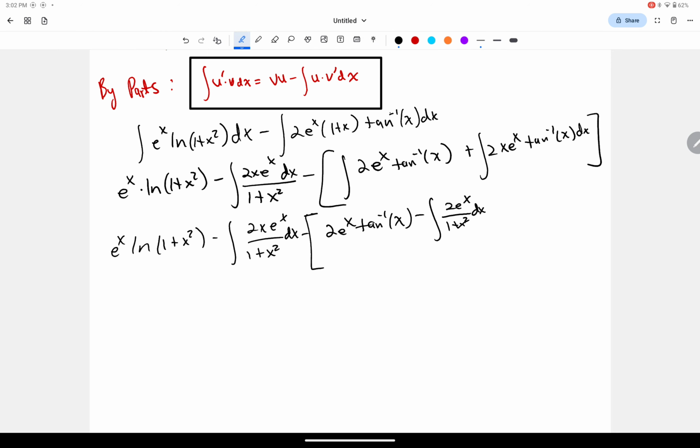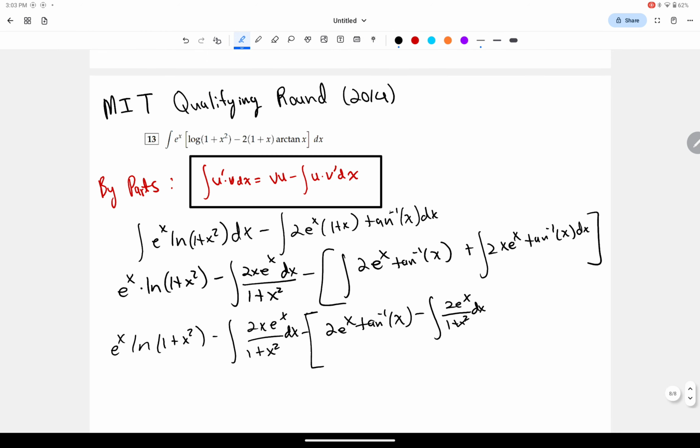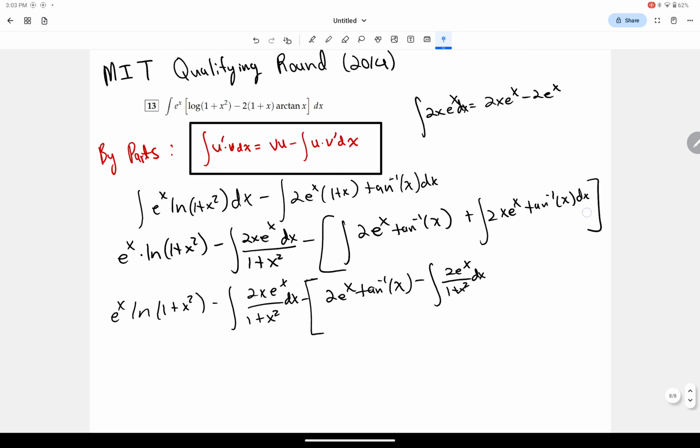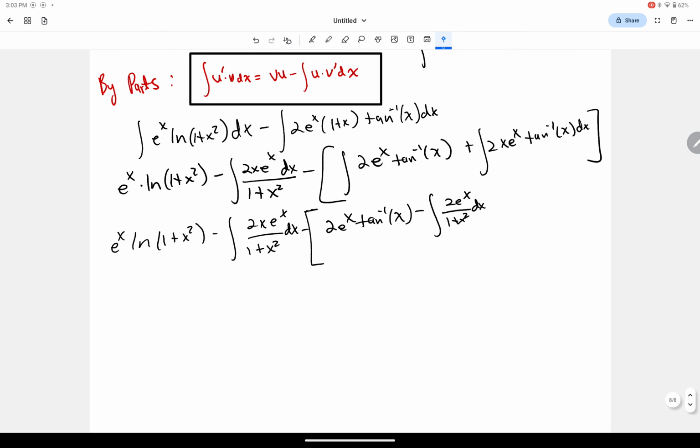And if I take that to the top, the integral of 2x e to the x, again, using just by parts is just 2x e to the x minus 2 e to the x. And a way you can just sort of check that is just by differentiating this expression right here by the fundamental theorem of calculus. So we'll write this as follows: